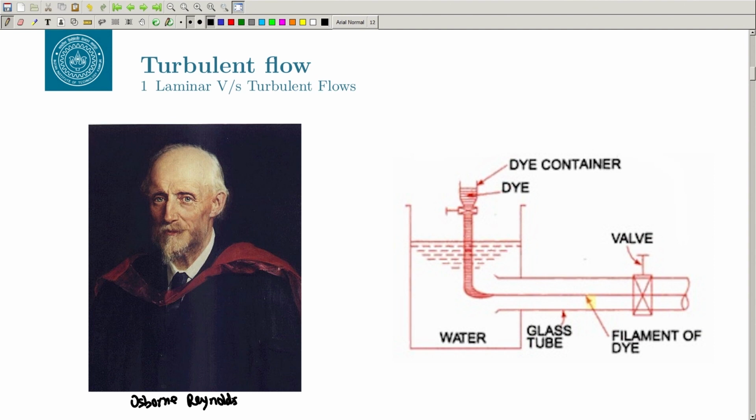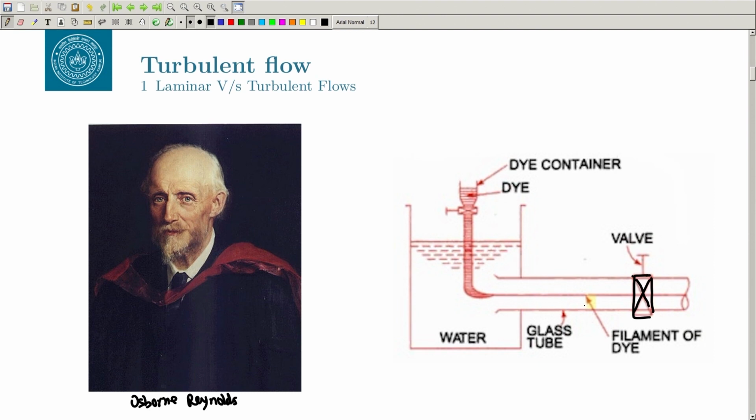The glass tube is so that you can see what is happening inside that flow, and then he put a valve here, you can see the valve here. So, this is the valve that he has put in the tube. If you open the valve more, then the flow rate will become higher, right. And then he introduced the dye in between the tube, so that it does not disturb the flow. Okay. So, it is basically sufficiently away from the valve,